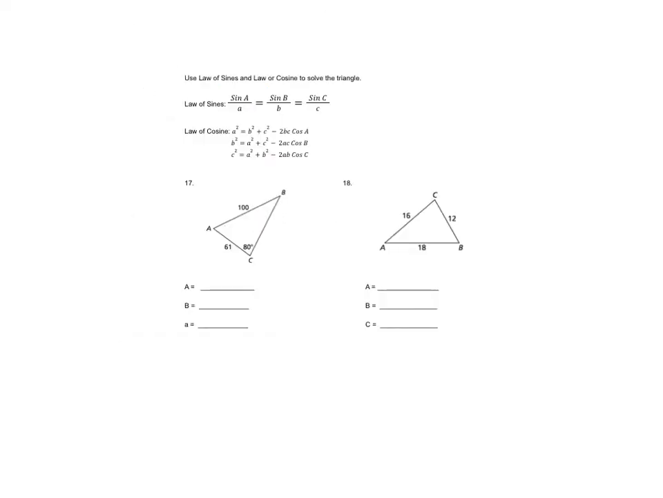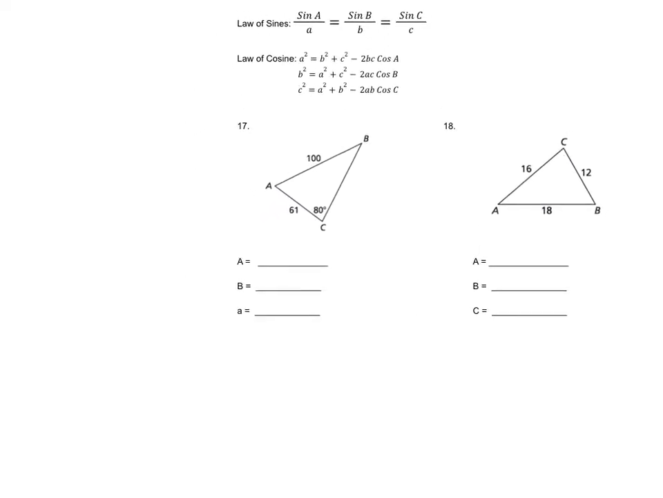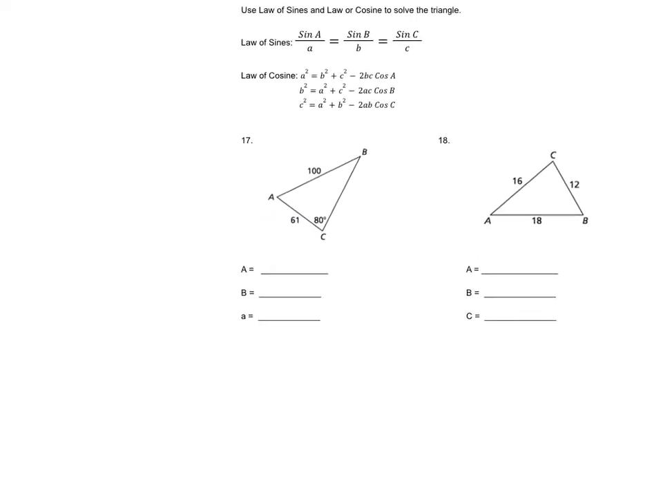Okay, now we have the law of sines and the law of cosines. So this is one that might take just a few minutes. The law of sines is usually a little bit easier than the law of cosines. So let's look at number 17. And remember, in order to use the law of sines, you need to have an angle and the side opposite of it. So if you're looking here, notice that in question number 17, I have that angle and that side